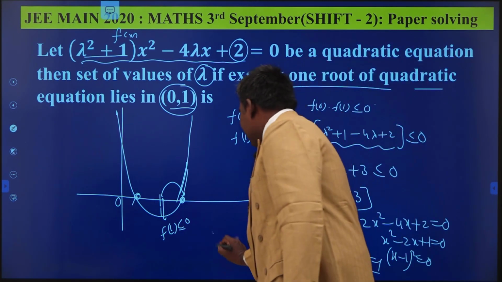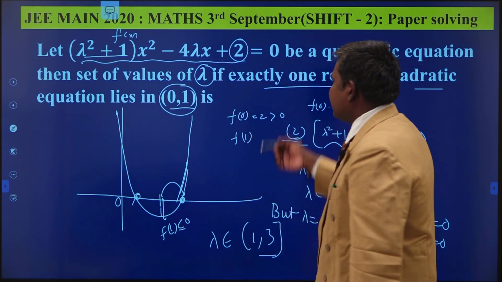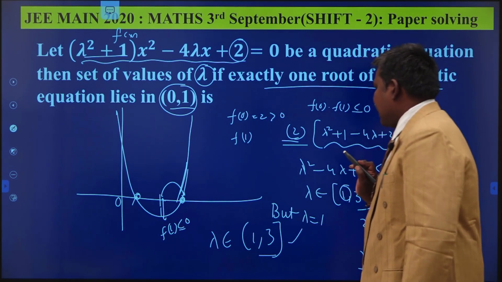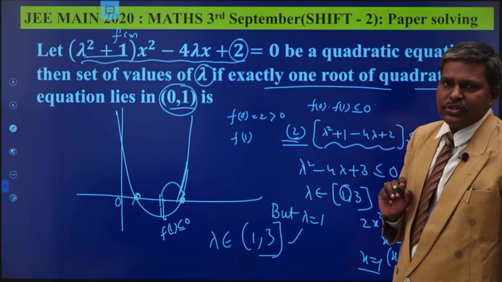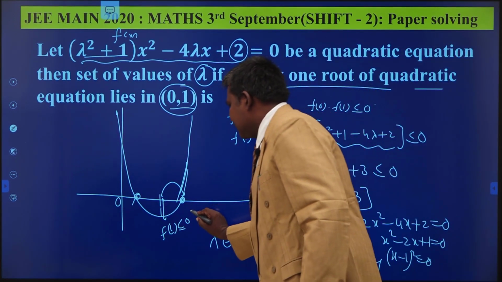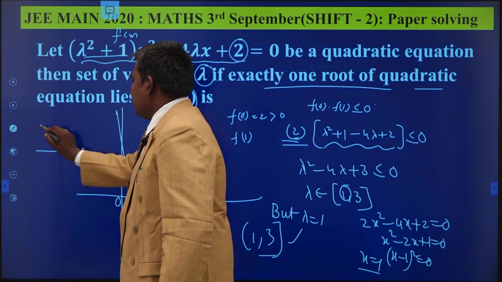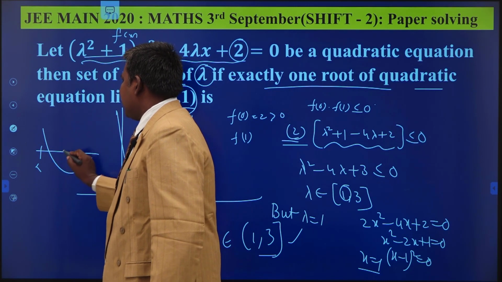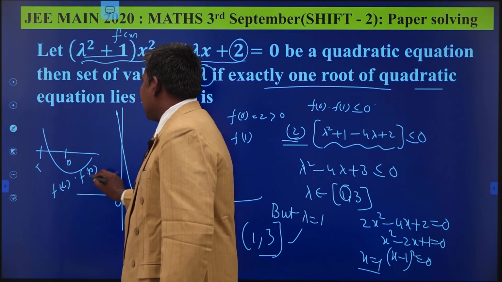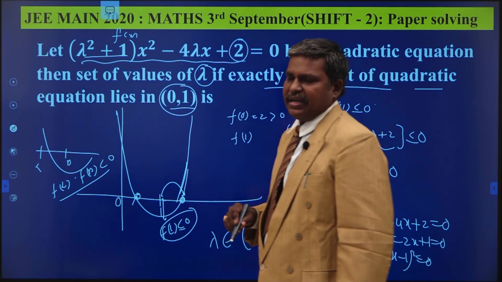Therefore, lambda belongs to what? Open 1 to closed 3. You may check for 3 also. There exist exactly 2 roots for that one. So, the range of lambda is open 1 to closed 3. Understand? So, here one of the logics is f of 1 less than or equal to 0. Suppose in general one root lies between alpha comma beta, we have f of alpha into f of beta less than 0. Here in this case equality is obtained from the given condition itself.